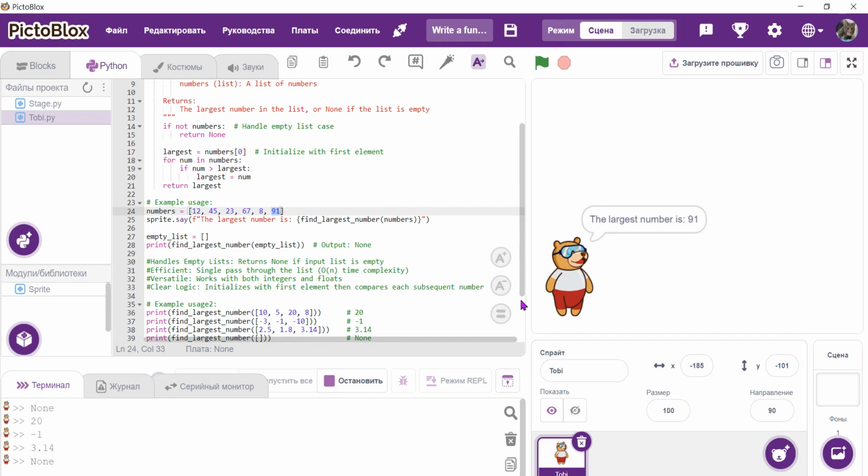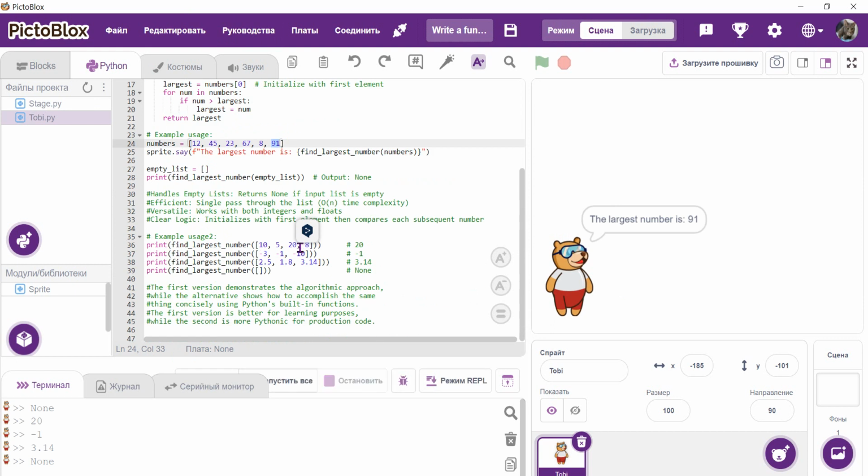And the second way, you see my numbers, and you see negative numbers. Okay, and you see the answers. It's correct, 20, minus 1, 3.14, and None. Okay, the first version demonstrates the algorithm's approach, while the alternative shows how to accomplish the same